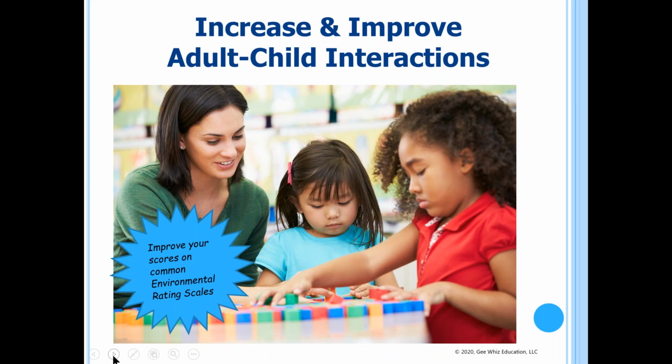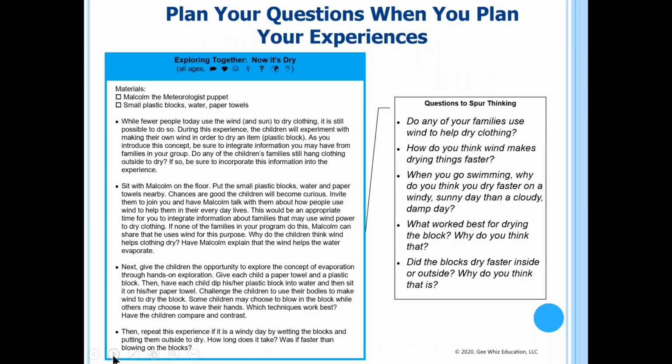So one of the things that they really look for again are these adult-child interactions. By asking open-ended questions, you should be able to increase your scores in those areas where they're looking for that. And not only does that apply to adult-child interactions, it spills over, as I was mentioning earlier, into building upon the children's interests and so many other areas. So as you use open-ended questions more and more, you should see that this is really helping you with your environmental rating scale.